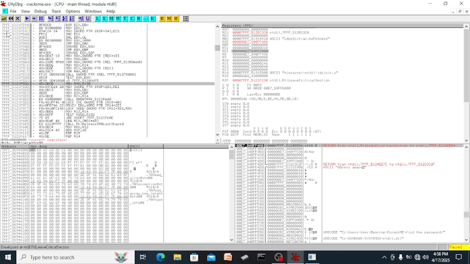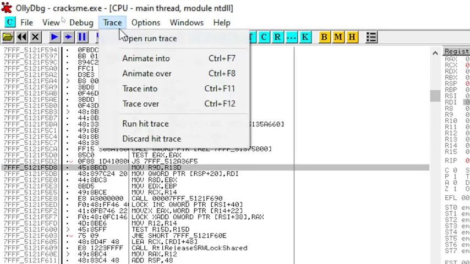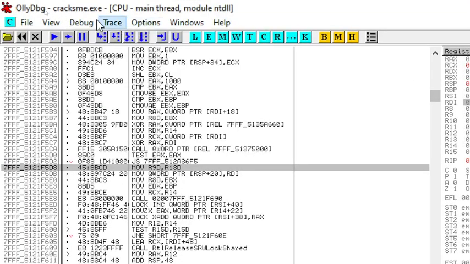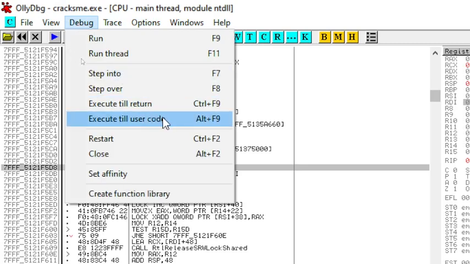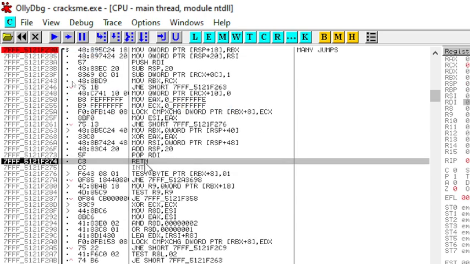Okay, so that's why here there is a corresponding trace here: return until debug, run until return, execute until return. You see, it will execute until return.